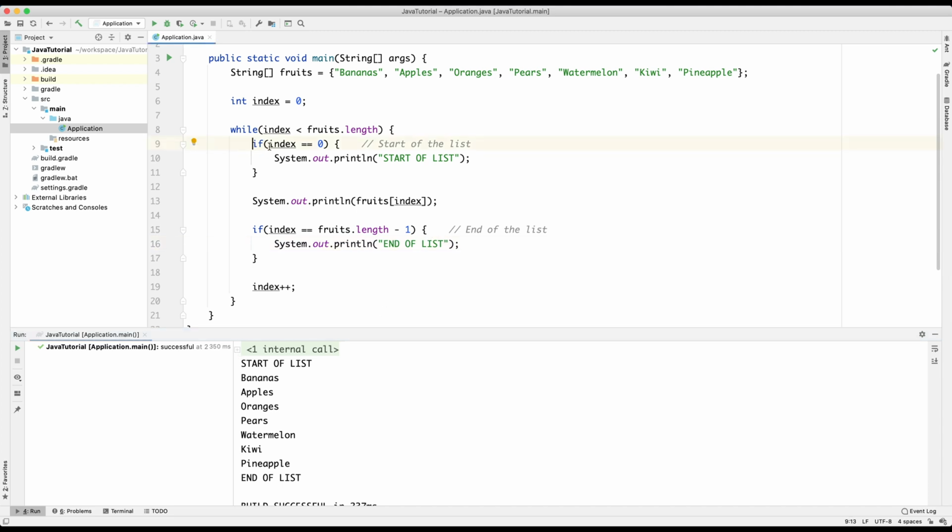So our first if statement, we're checking if the index is 0. In other words, it's the first item in the list. We print out the text start of list, and then it prints out the fruit. For the end of the list, we don't say index equals fruits.length because fruits.length is 7 and our highest index is going to be 6. Because we start at 0, we don't start at 1. To check for the end of the list, we actually have to do fruits.length minus 1. In other words, the very last index, which is 6, will equal